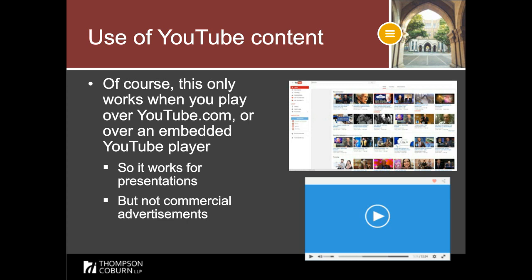Now, there's probably some independent studios that aren't part of Content ID. There's probably some independent things, but that's generally not what the problem is. Again, the CEO wants to play Star Wars or The Godfather or one of these major things, and all of those studios are on board with the Content ID system. So that's a tip to let your CEO do what he or she wants to do, even though we used to say no. Okay, on to my last topic, user-generated